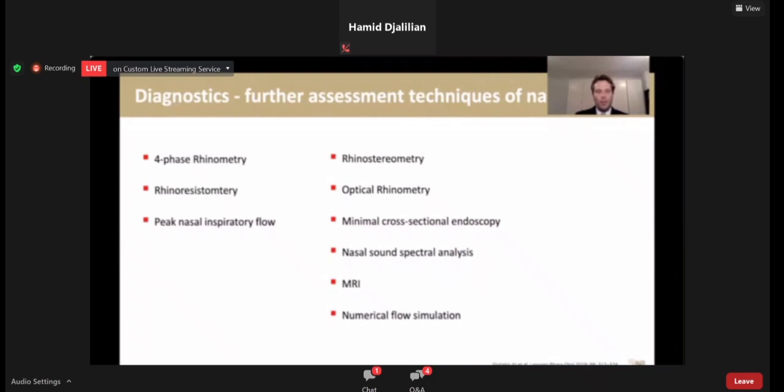You can have a look over here. There are many. The first three over here are more common. These are not so common, but I want to give you an impression of numerical flow simulation later on, and this is a fantastic method to show the results of surgical procedures in terms of nasal airflow, in terms of humidity, and also the air speed, which is generated